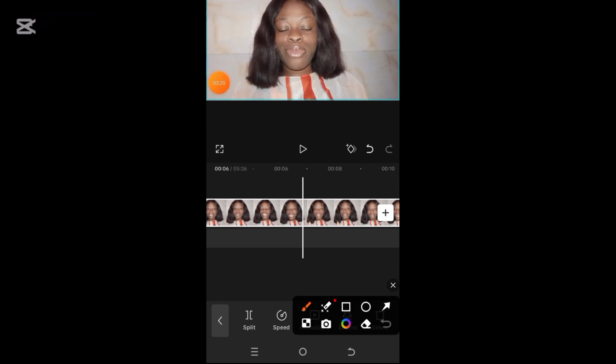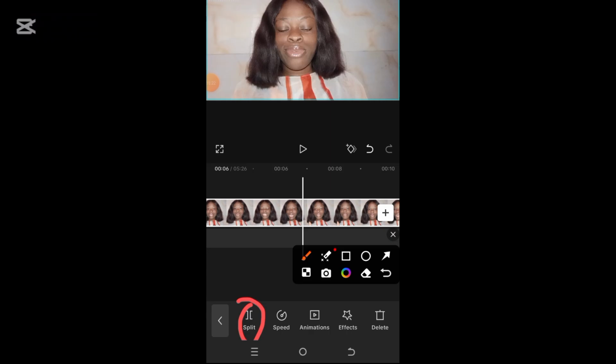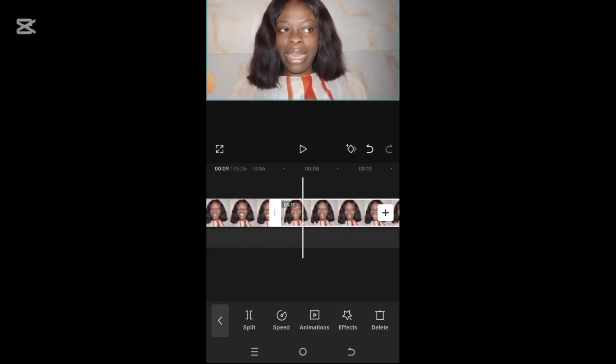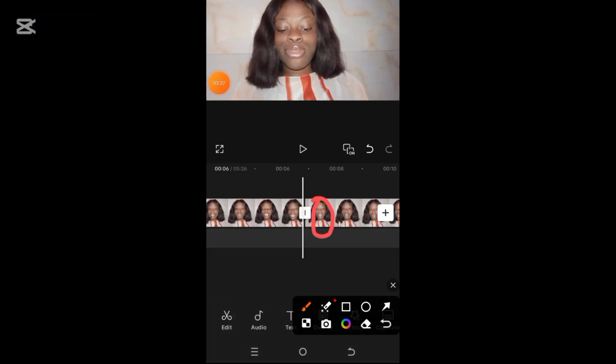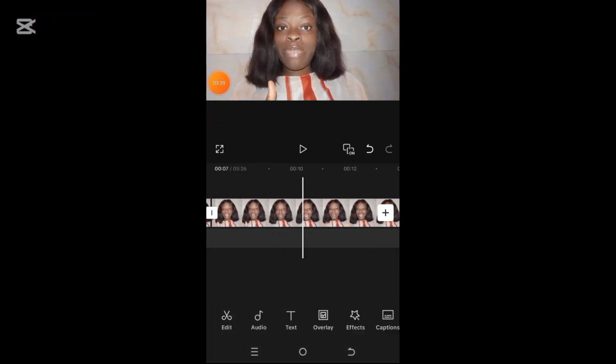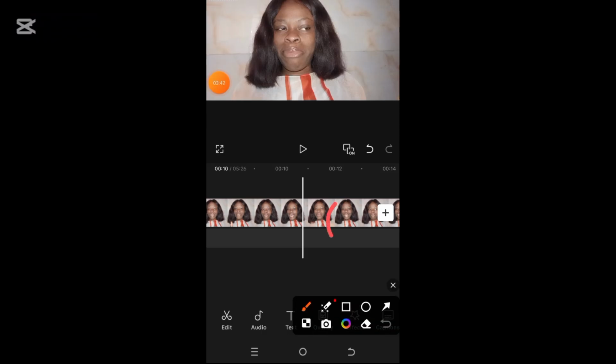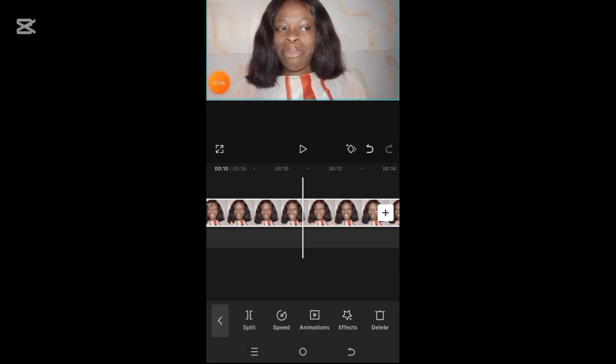So here I will click on split. Here I will click on split. So now that I have clicked on split, can you now see that this video has divided into 2? So let's assume the mistake is from here. The mistake is from here down to here. So all I will do at this point is for me to click on the video again,